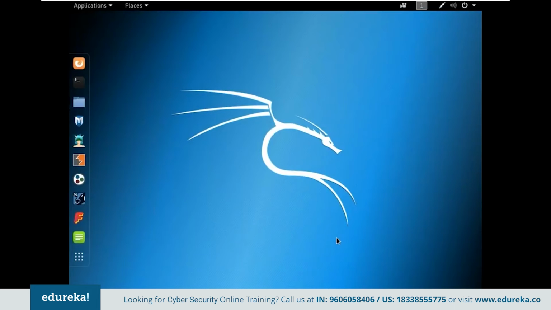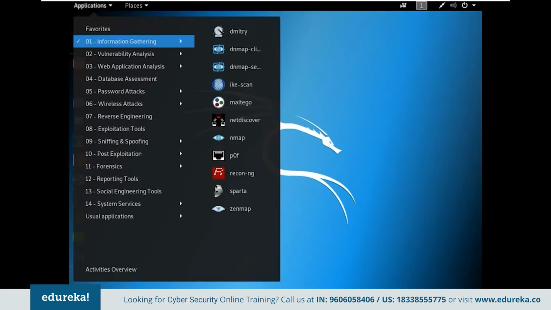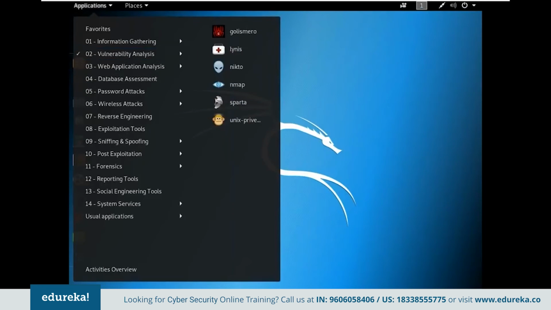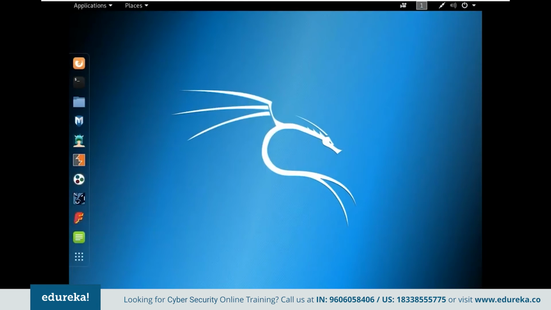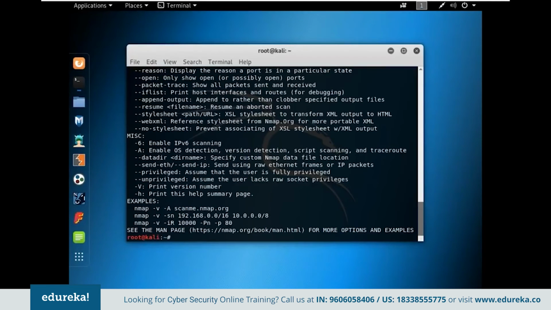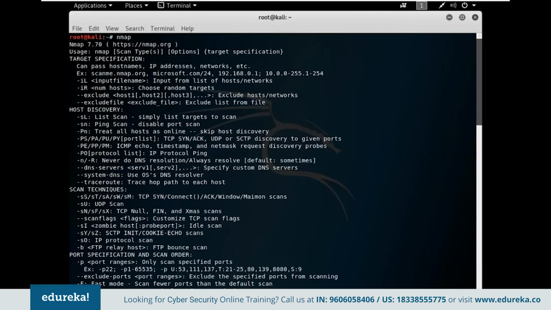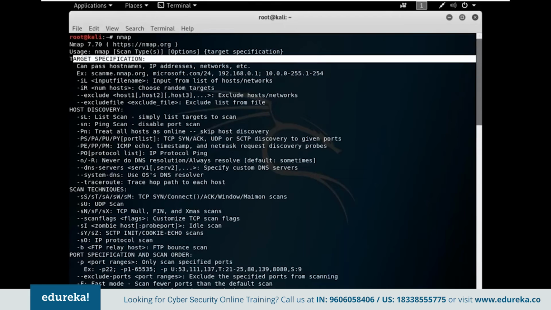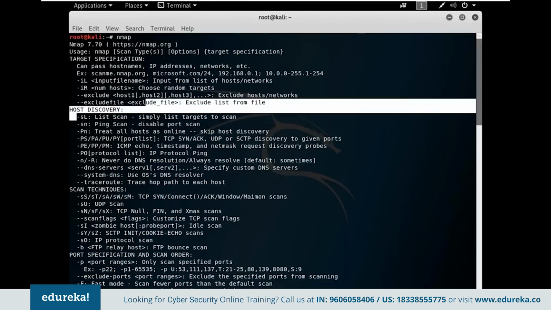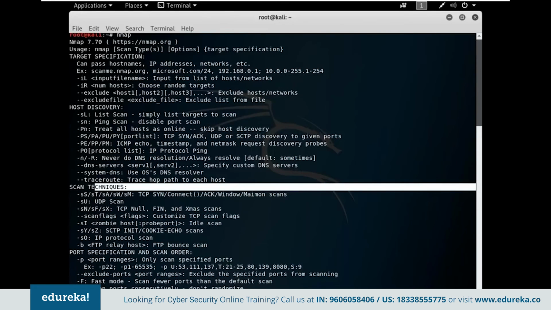Let's just see it under applications. You have it under information gathering as well. Nmap, you can see an I symbol here. Yeah. And you have it under vulnerability analysis as well. It's a footprinting tool that gathers all kinds of information about the target, and by default, it's installed in Kali Linux. So all you have to do is click Nmap here and enter. It's going to show you a whole lot of help options here. It says target specification. You can discover all information about the host, scanning techniques, script scanning, the detection of operating system, and all that.